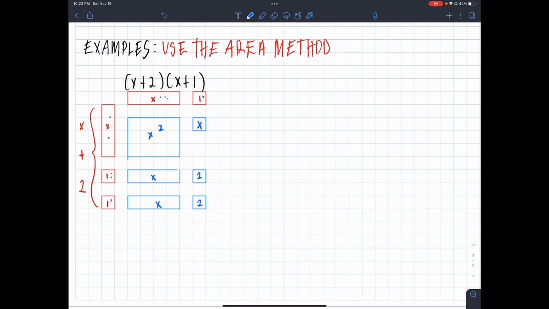Notice here that we just have one single x squared. So that's what we're going to write, x squared. And then notice again, we have 1, 2, 3 x's. So we're going to add those, plus 3x. Notice here, we have 1 and 2. We're going to add those, plus 2. So this right here is our final answer